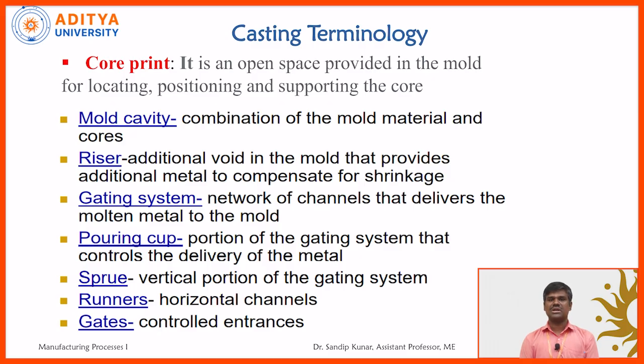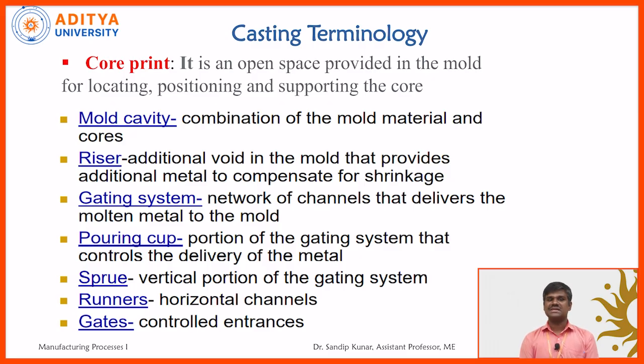Before the runner, there is one part called the sprue well. It works as a well. Generally, from the pouring basin and sprue, the liquid material is deposited in the sprue well. Then slowly and uniformly it comes to the runner. After the runner, the riser is there. Riser works as an additional reservoir; when extra material is required, it is provided from the riser to the mold cavity.